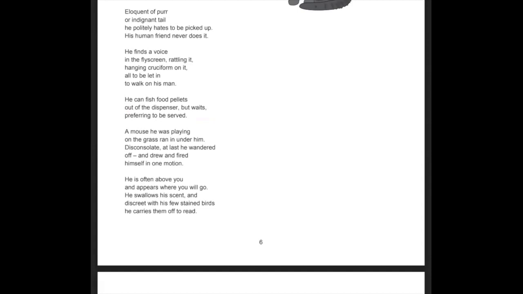Going through the other choices. The cat acts independently when he rejects the food provided. No, he's actually dependent, right? He wants someone else to give him the food. He wants to be served. So it's not that. Okay. When he enters the house, now if you remember from before, he actually rattles the fly screen until the person lets him in. That's also pretty dependent. So it's not B either.